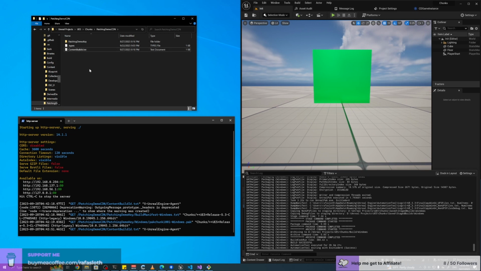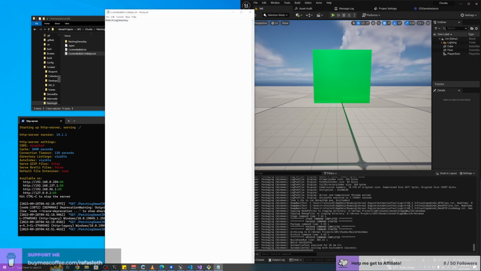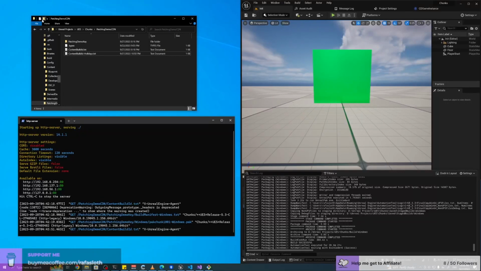If I have a copy of this file, content build ID dash holidays, and I call this patching demo holidays, and I make a new folder called patching demo holidays, and I copy this manifest.